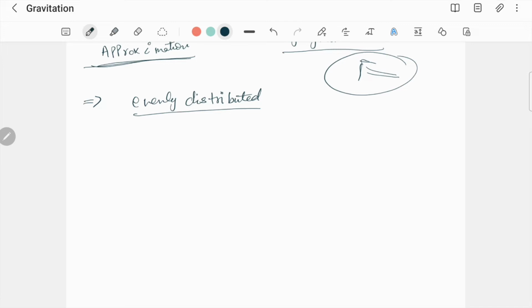So a point mass is a body that covers a large distance as compared to its size, so as to study its motion, its size, its dimensions can be neglected. So that's a very important point when